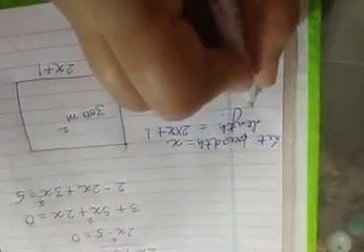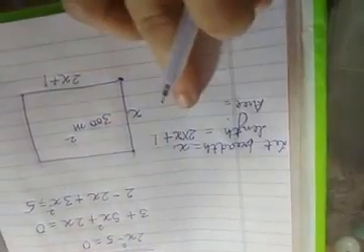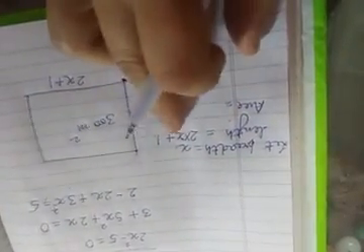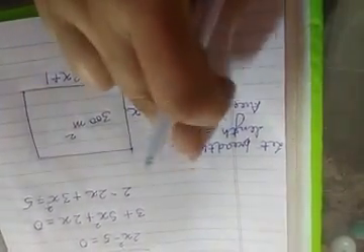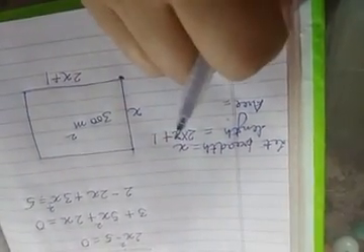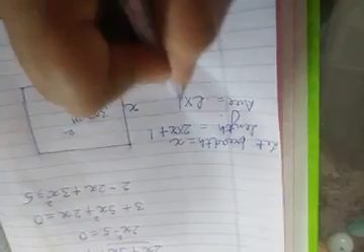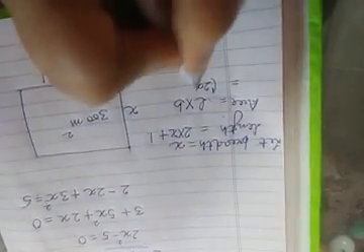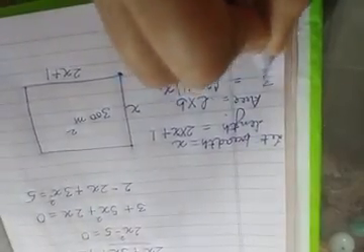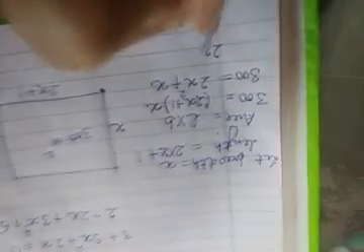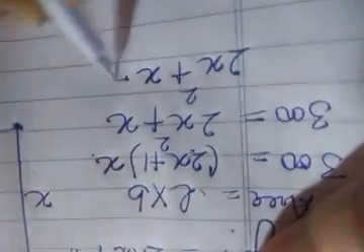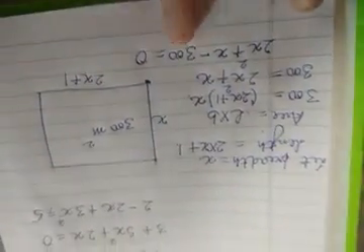So how will we find the area? We want to find its length and breadth. We only know that the length is 1 more than twice its breadth, but we don't know what the length and breadth actually are. So what is area? Length into breadth. Length means 2x plus 1, into x, and the area is 300 meter square. So it will be 2x square plus x, this is equal to 300. If we shift 300 to that side, then you will get 2x square plus x minus 300 is equal to 0. So now this is a quadratic equation.